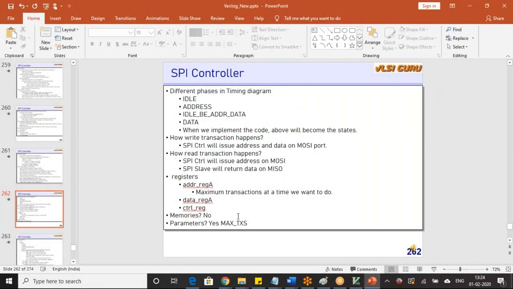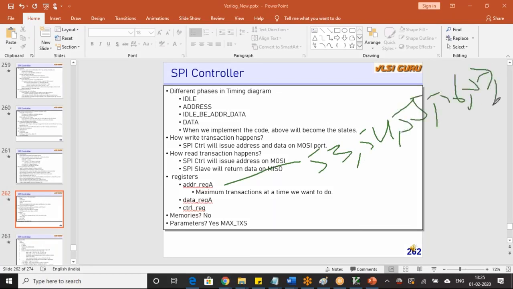Okay. How the write transaction happens, all these things, when we go to the code, we'll understand this. Only one important concept you need to understand is how many registers will be required to issue addresses. You need an array of addresses, because I should store 53, 54, 55, 56, 57, 58. For that, we need an address register array. When the data comes back, I should be storing the